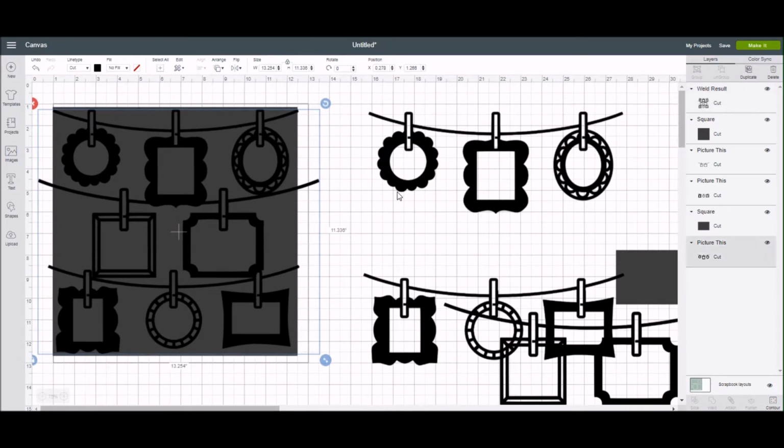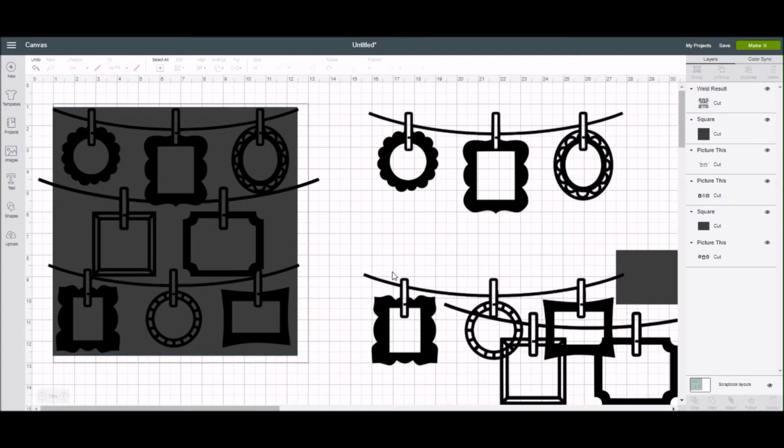It's not going to remove any of the frames, but it'll still allow me to keep the cut file the size that I need it to fit my photo. If I were to shrink the cut file back down to fit the 11.5 inches, then the frames would be too small. So this is a great option if you are using a cut file that just has some extra little pieces on it that you don't really need,